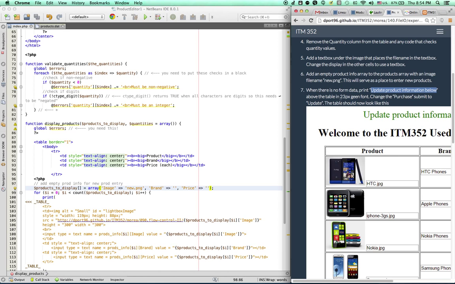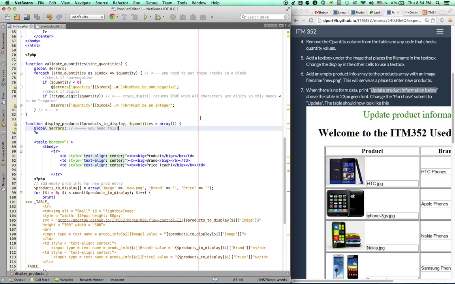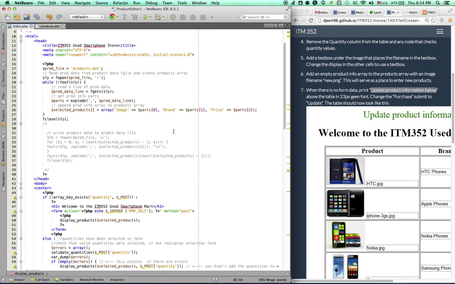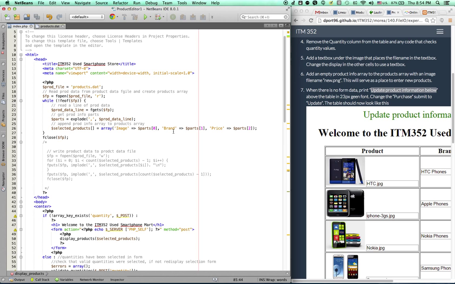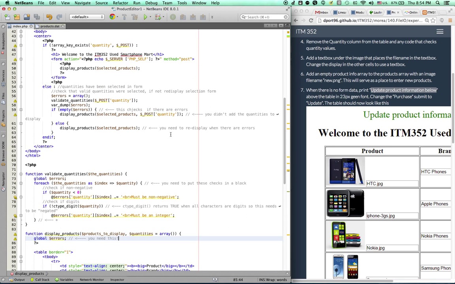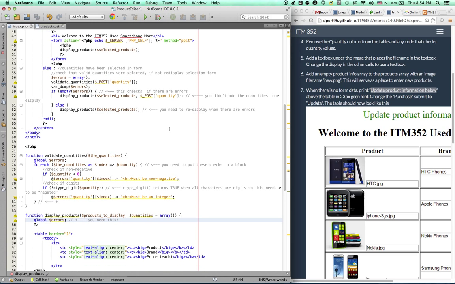In 23-point green font. Change the purchase to submit. Okay, that's easy enough. So when the submit button is pressed, I need to print out the table. I need to print out